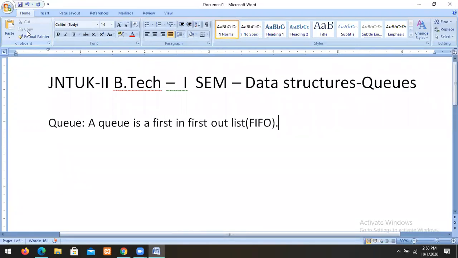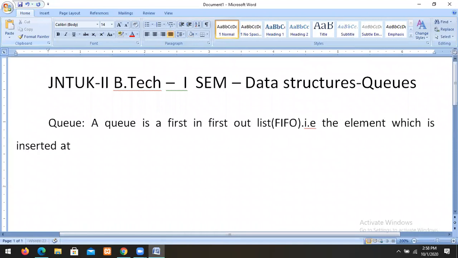So what is first in, first out? That is, the element which is inserted first will be deleted first. What is a queue?